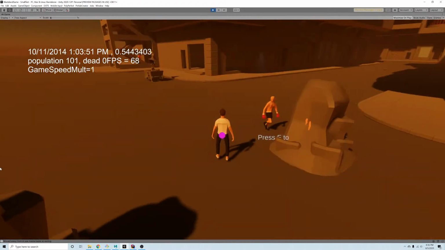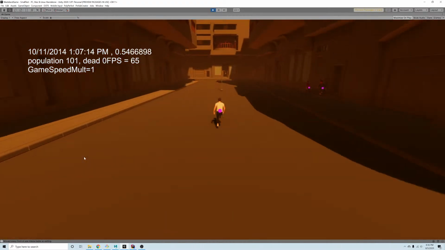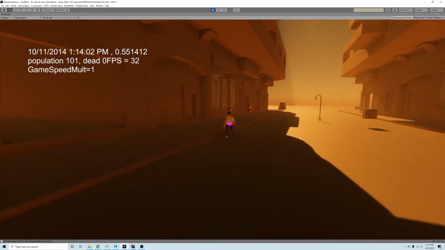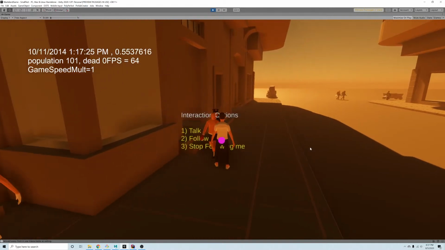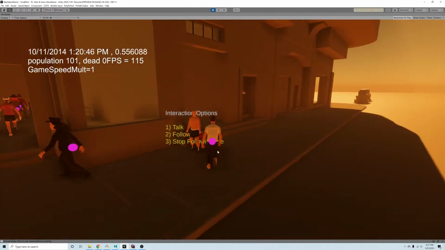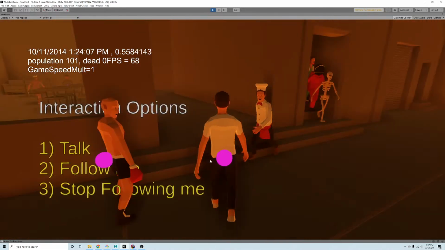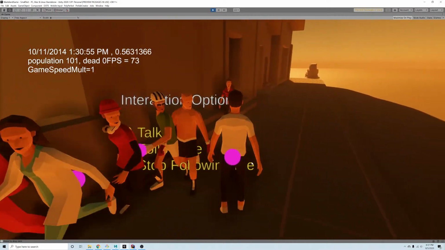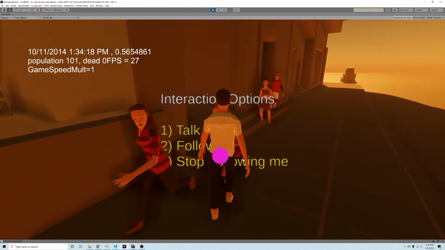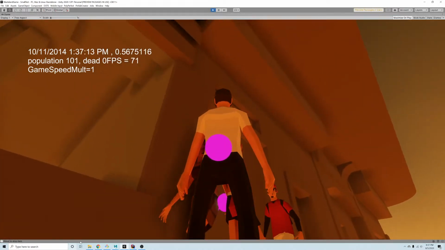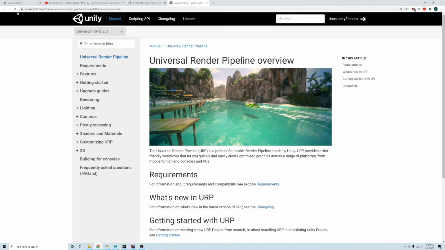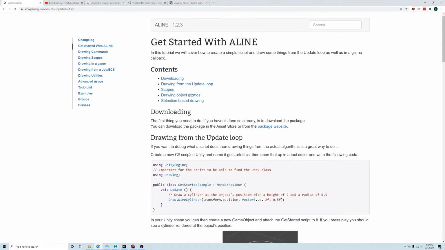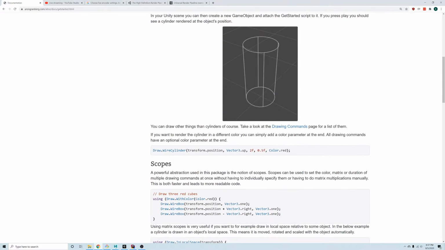And I couldn't find an efficient way to do camera stacking with the high def render pipeline. So I'm thinking of just refactoring my code right now, because I don't really care about the UI that much, to actually use ALine as well. And I know ALine's mostly meant for